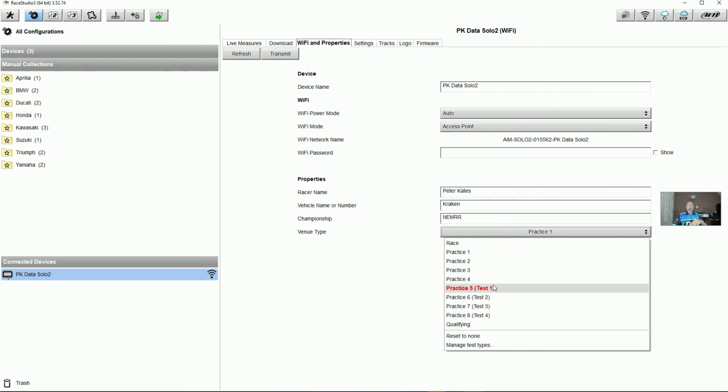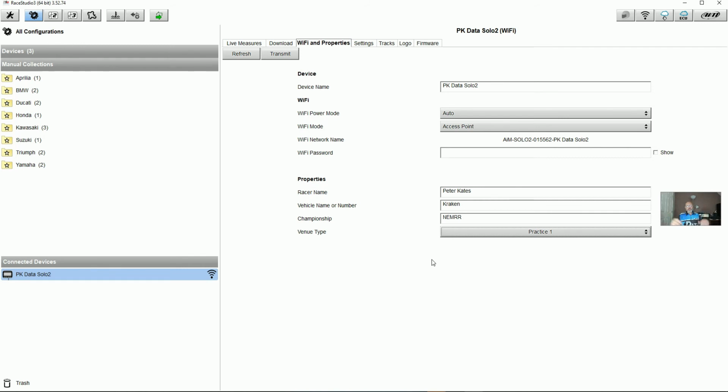So you can choose from any one of these. I start each day with practice 1 because the first time I go out, it's P1. All right, so then after you're done with that, you make sure that once you've got everything where you want